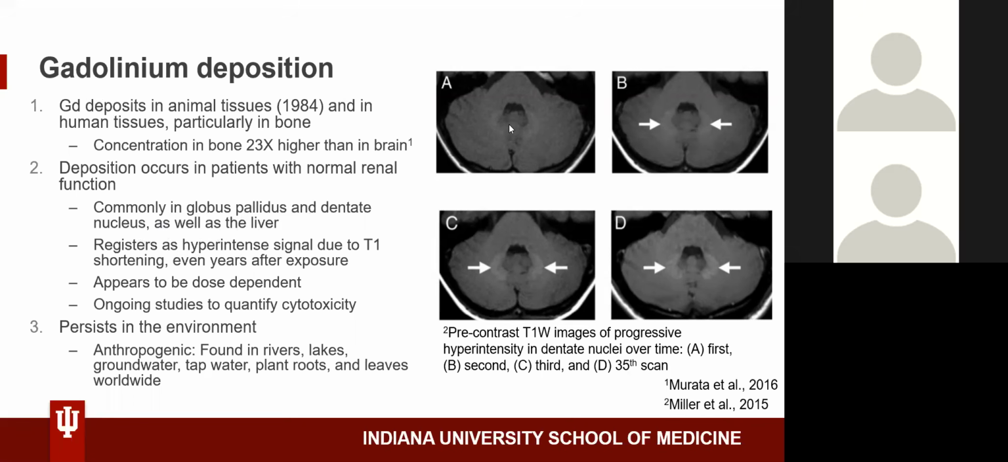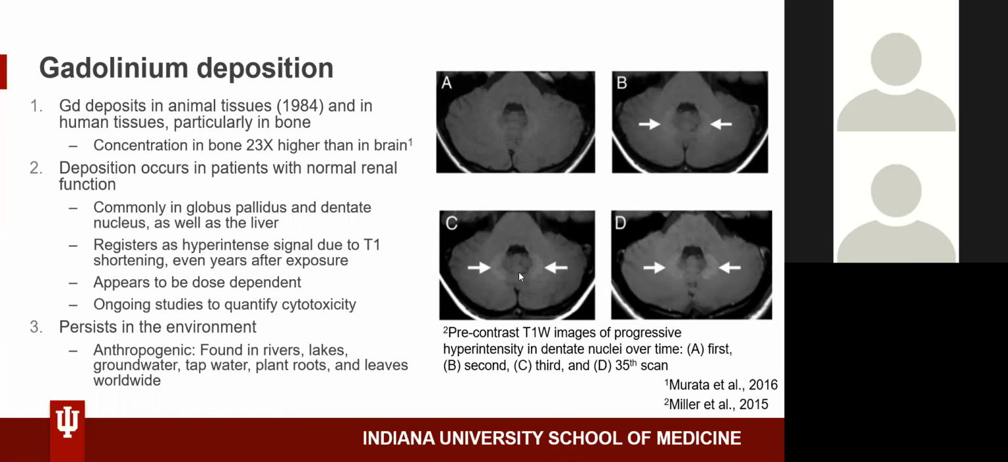The problem is that it deposits in some of those areas in some patients, and even over time, you can see that hyperintense signal. And over here, we can see this patient, I don't know what they have going on that they've needed to have this many MR images or scans, but this is their first, second, third, and 35th scan. And you can see how over time, those dentate nuclei just progressively get brighter and brighter from